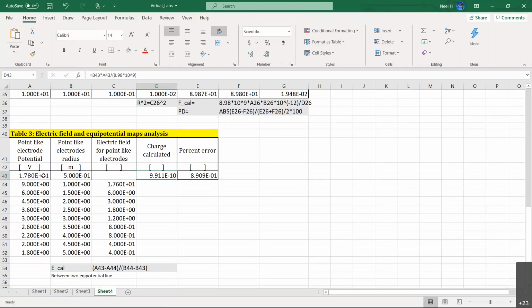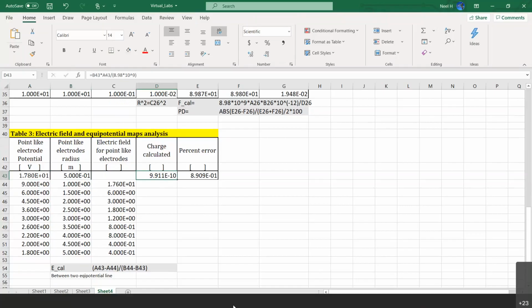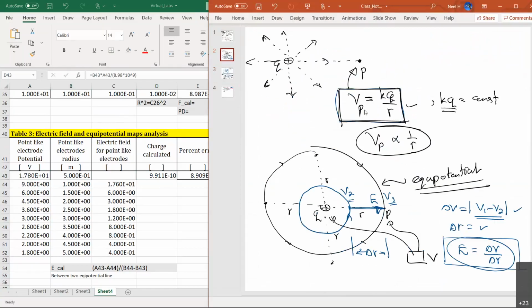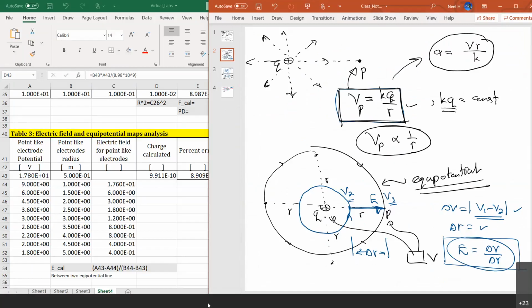line, which means the first potential line is 17.8 volts, which is about 50 centimeters away. Now to do that calculation, we have to rearrange the formula, right? Remember the equation earlier, which I wrote down here. So the potential is kQ over r. If you want to estimate Q by measuring the potential, Q is equal to the potential measured on any given equipotential line times the radius divided by k. So I can use that equation to re-estimate the charge of the charge particle.